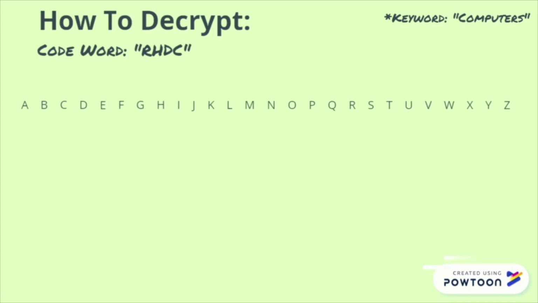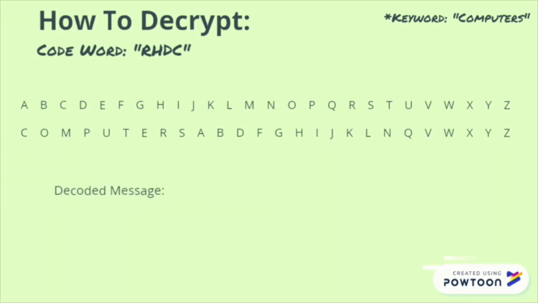Now let's try to decrypt the message. You will follow the same pattern, except this time instead of looking at the plain alphabet first, you will check the cipher alphabet and work backwards. Say you're given the code word RHDC. R would convert to H, H would become O, D would become L, and C would become A, so our message is